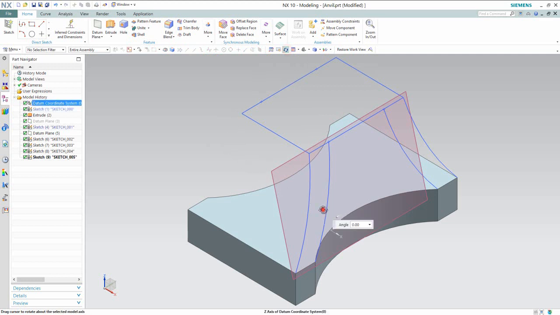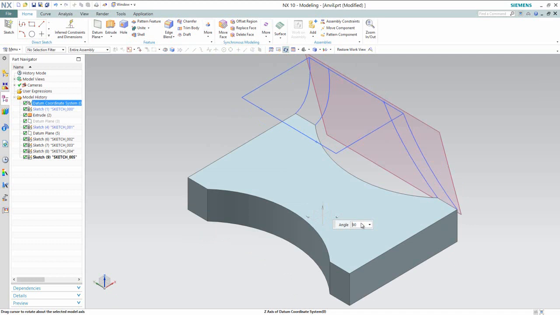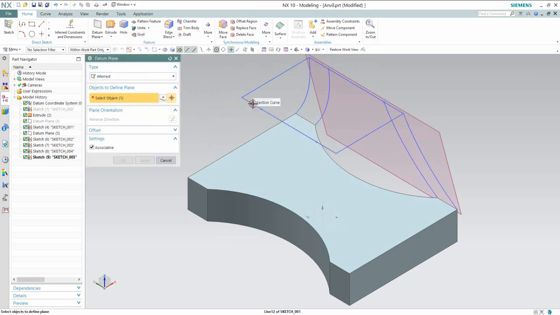Select the z-axis and fill the value 90° to rotate the model. Activate the plane command and create a plane on this point and this edge.